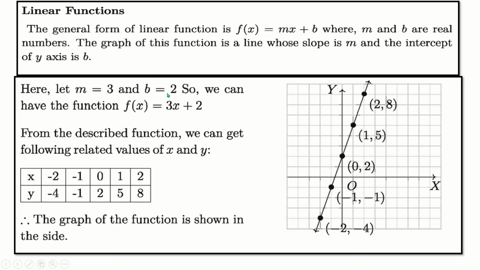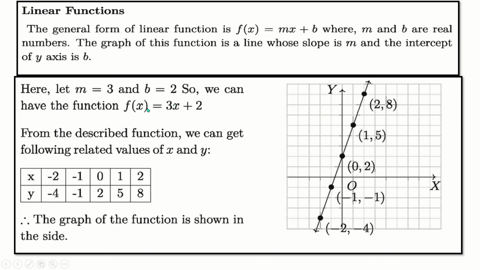If m is equal to 3 and b is equal to 2, then we have the function f(x) = 3x + 2. b is equal to 2 means from the graph, from here to here, this is equal to 2. That means the intercepting part from the y-axis is 2, this is b. Clear? And m means the trigonometric tangent of this angle. If the angle is here, equal to 45 degrees, then the slope will be tan 45 degrees. Tan 45 degrees means 1. This is the slope.